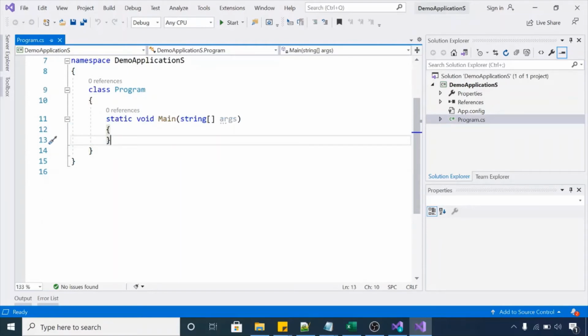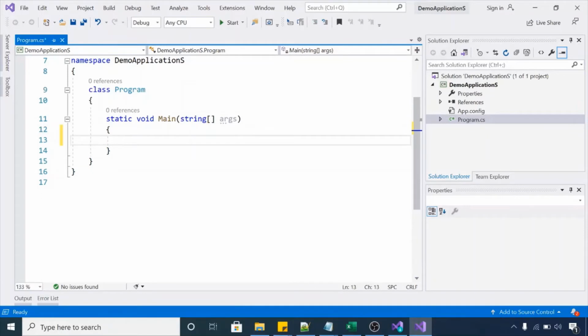In this console application, the main method is the entry point for your application. When you execute this console application, it will start execution of your project from this particular main method. Maybe you have heard this statement in Java, maybe in Python or some other programming languages. Similarly in C#, in a console application we have the main method, which is the entry point for your application.